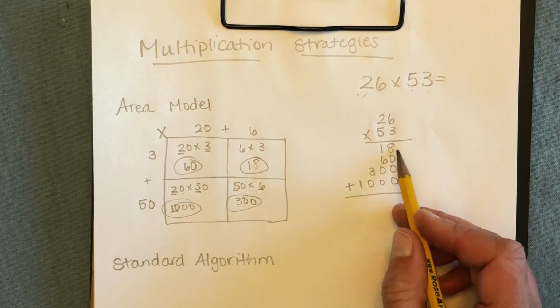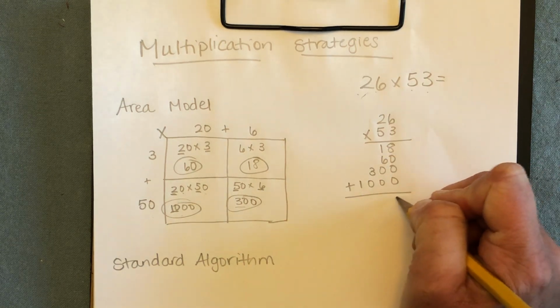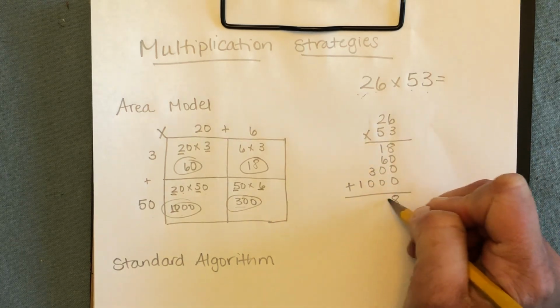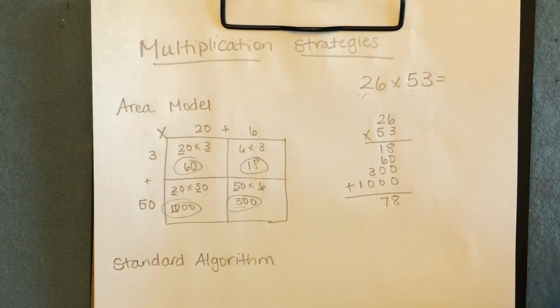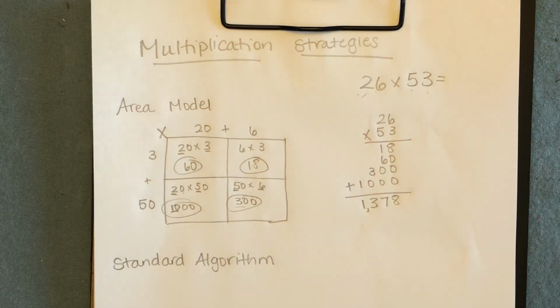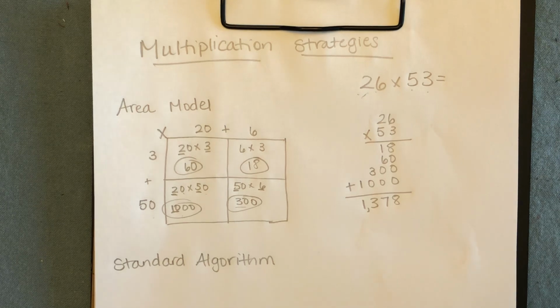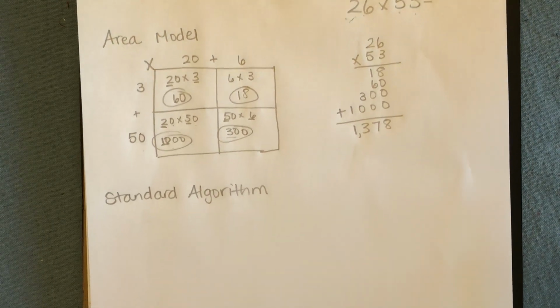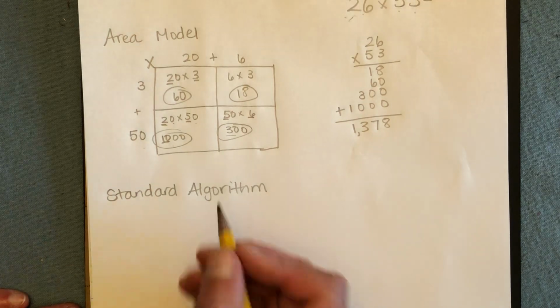All right, I'm now going to add my ones place. I have an 8 and 3 zeros, so that's 8. 1 plus 6 in the tens place is going to be 7 tens. 3 in the hundreds place, and 1 in the thousands place. So the answer to my problem of 26 times 53 is 1,378. Now we're going to take a look at it in the standard algorithm, which is the way that most